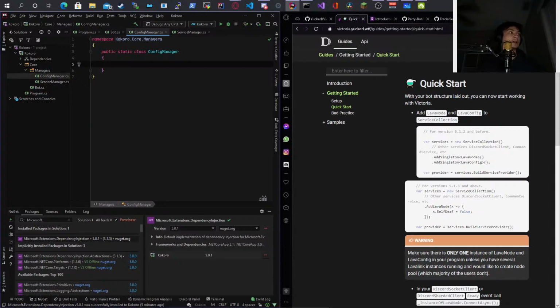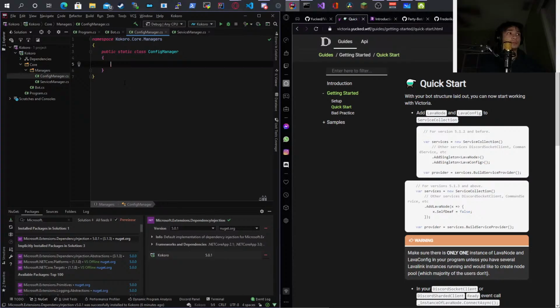I'm going to have to cut here so I can do it, because this is going to create the file for me where it needs to be, which is usually in the bin folder under Debug, I believe, and then not netcoreapp3.1, something like that. I don't remember off the top of my head, even though I just worked with it not too long ago.